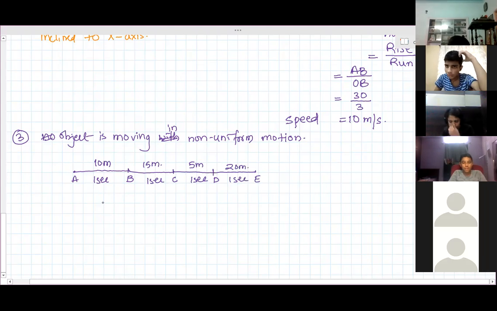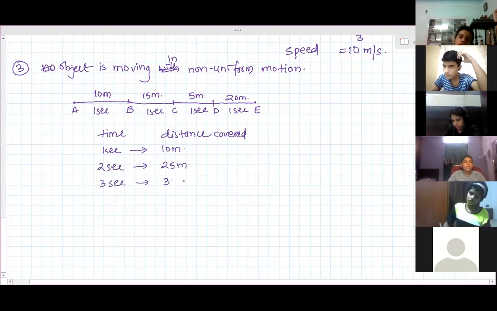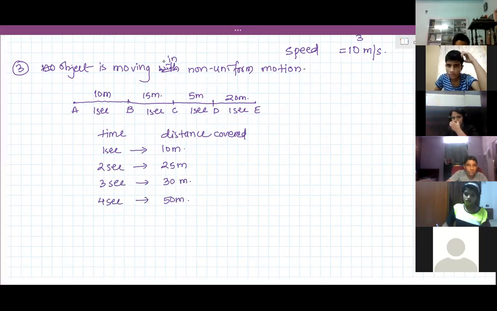Okay. So time and distance covered, if we write the values: in 1 second, how much distance covered? 10 meters. Then 2 seconds, 25 meters. 3 seconds, 30 meters. 4 seconds, 50 meters. Now, if we try to draw the graph of this,